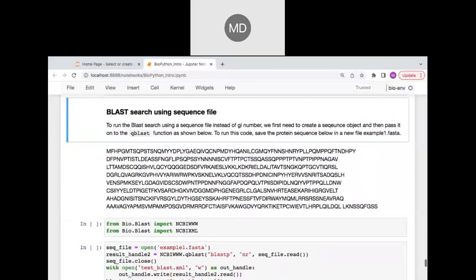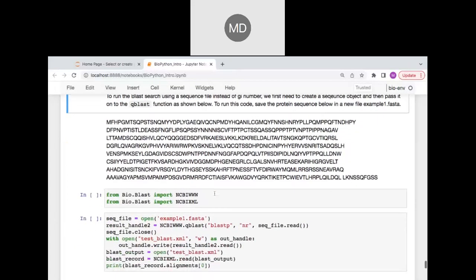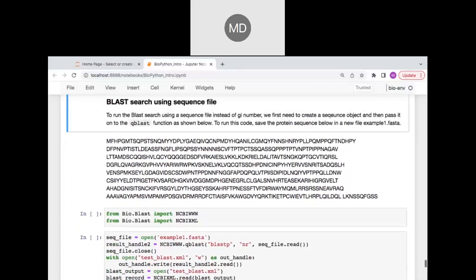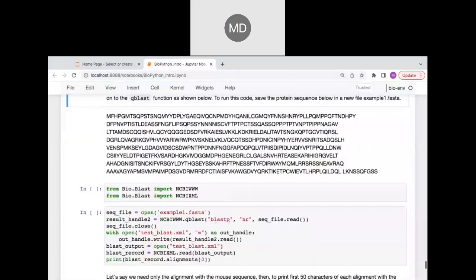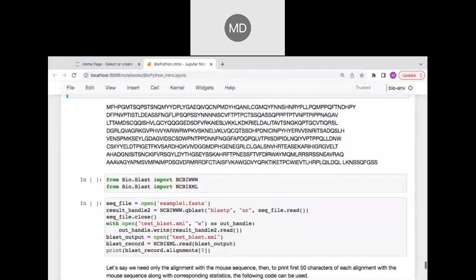Now how do you run BLAST with this sequence? For that, first you need to save this file. You can just copy the sequence and save it in any file, for example example1.fasta, and then you say seq_file equals open example1.fasta, and then the same